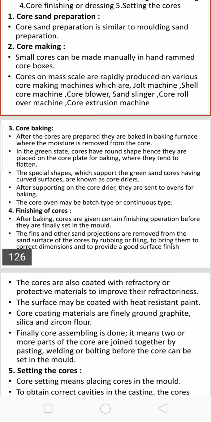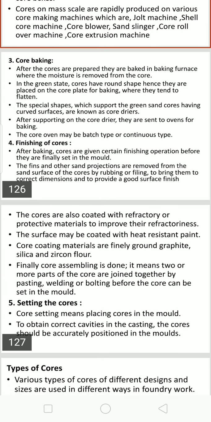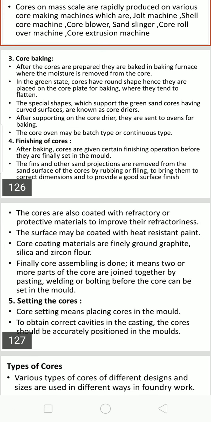The core should be made in such a way that it can be withdrawn easily from the core box without damaging its shape and surface. For this purpose, a core box must be provided with sufficient draft and shrinkage allowance. Many times, machining or finishing allowance is essential for the casting interiors. Different types of core boxes are half core box, dump core box, split core box, strickle core box, gang core boxes, and so many others. These core boxes are made in two hollow halves. When assembled they constitute a cavity in which the prepared core sand is filled and rammed thoroughly.